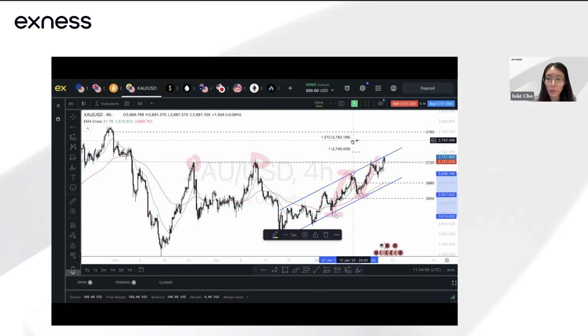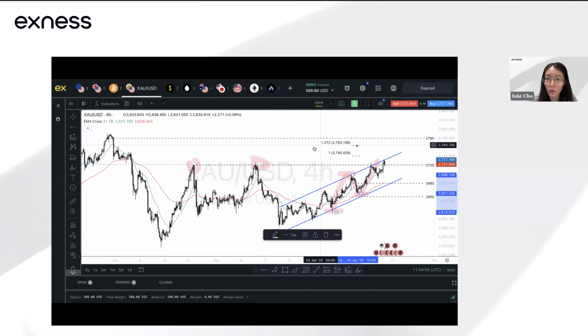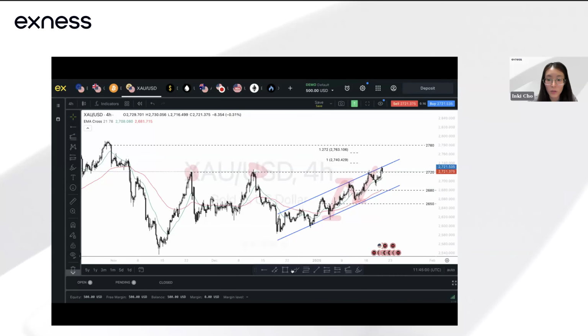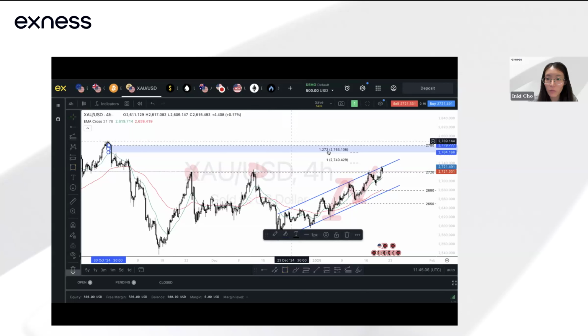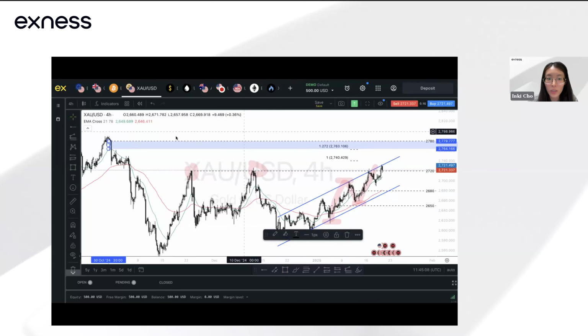And then beyond that, we don't really have much. You can see the 1.272 extension, this region is slightly below. So this area here. So for me, if it comes to Fibonacci extension and just graphical levels, the key levels would be first